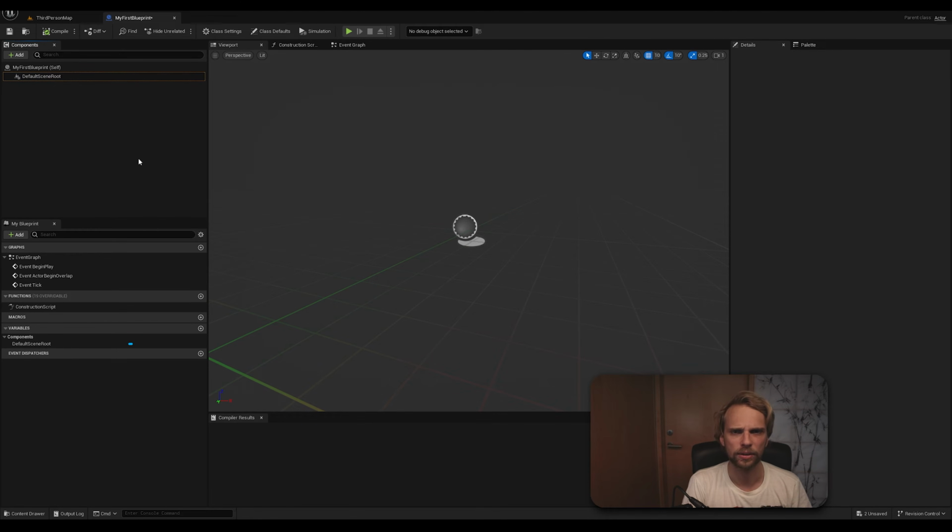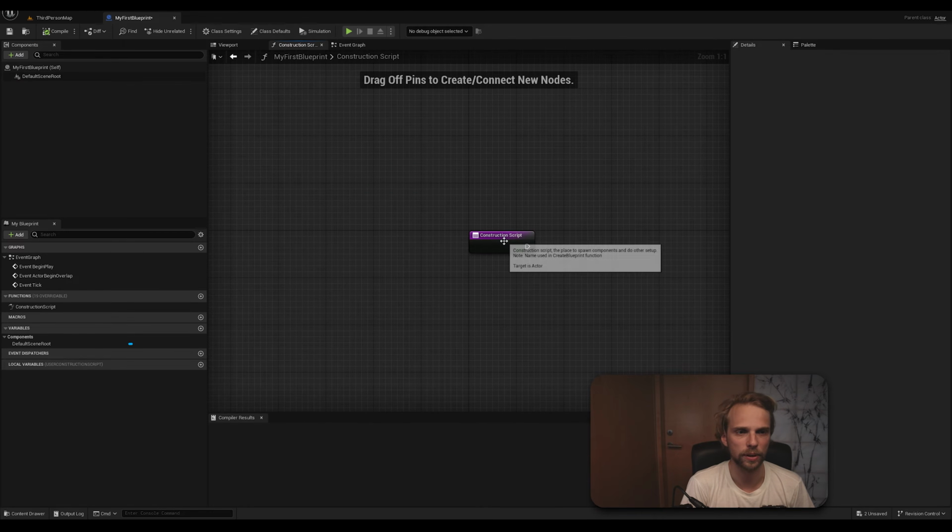Construction script: what happens even before you press play, how does the blueprint get constructed, and variables. Right now there are no variables present. Then here you have the viewport. The viewport currently does not show anything because it's just an empty scene. You have the construction script, which again,